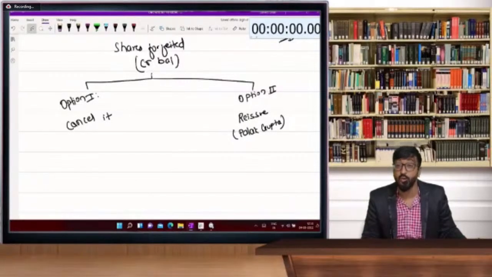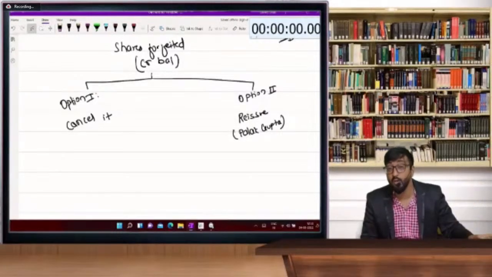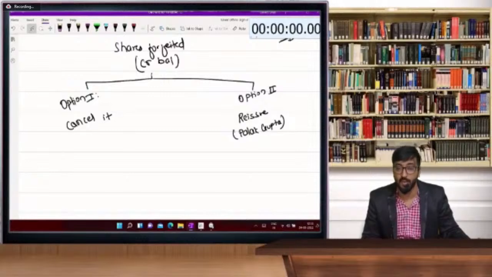I don't want to give it on the rent. And the second option: yes, I will remove them and keep one new tenant. तो मैं नया tenant उस पे रखूंगा और मुझे भाड़ा आता रहेगा. So that is the second option I have.